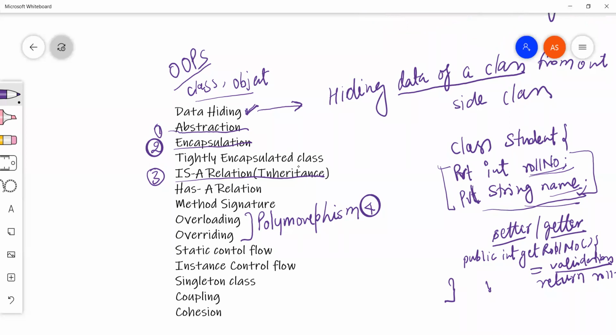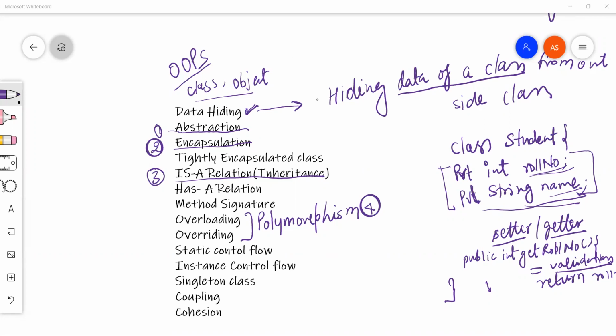Okay, now next thing we have is encapsulation. Any idea about encapsulation? No idea. Okay.